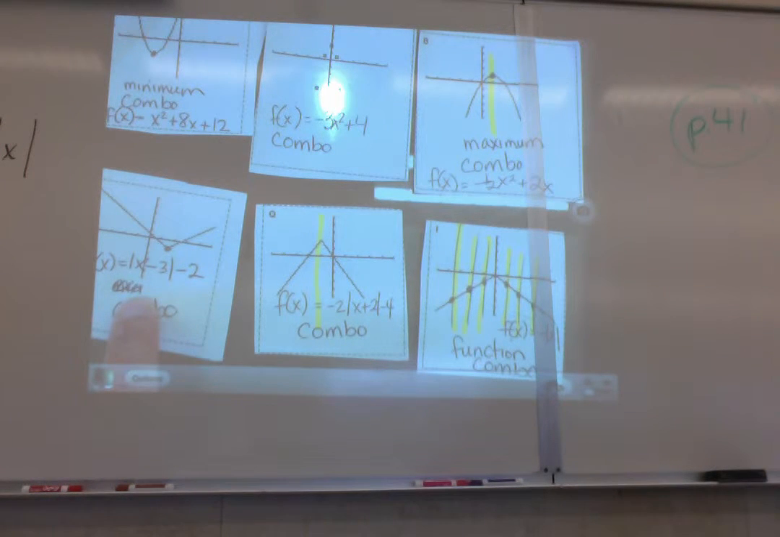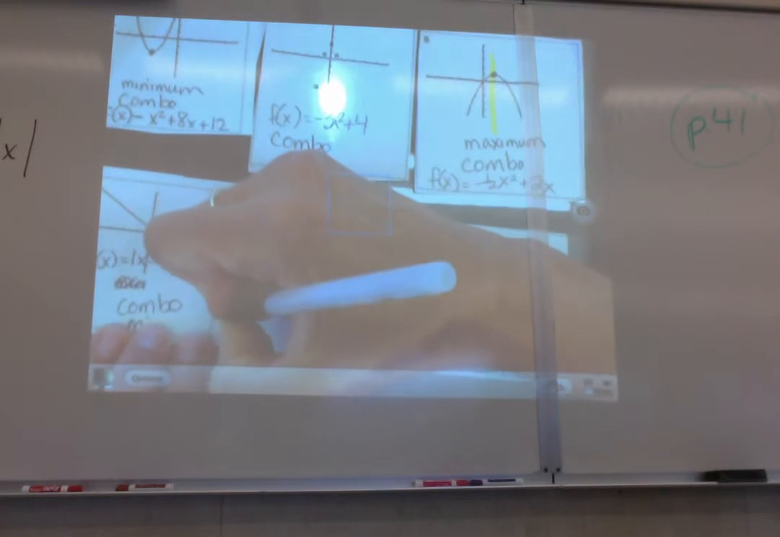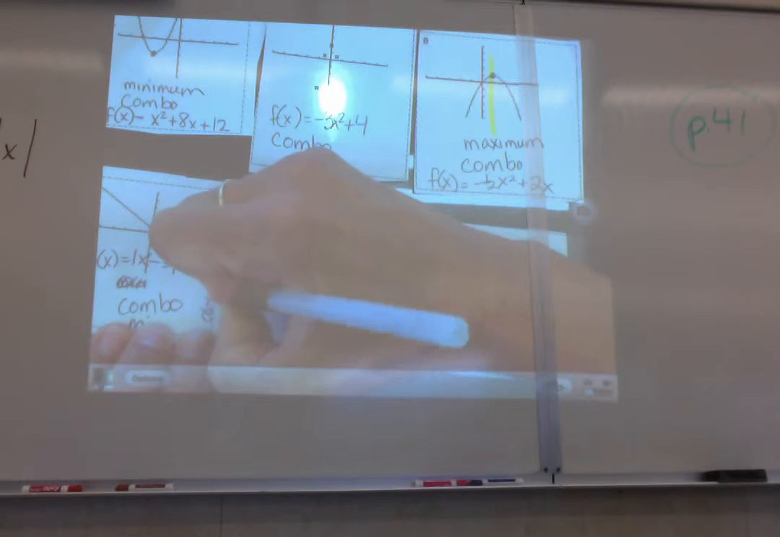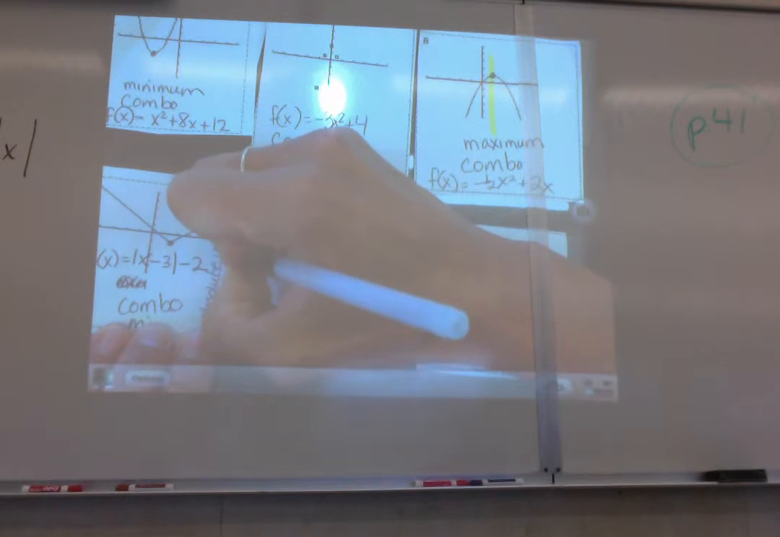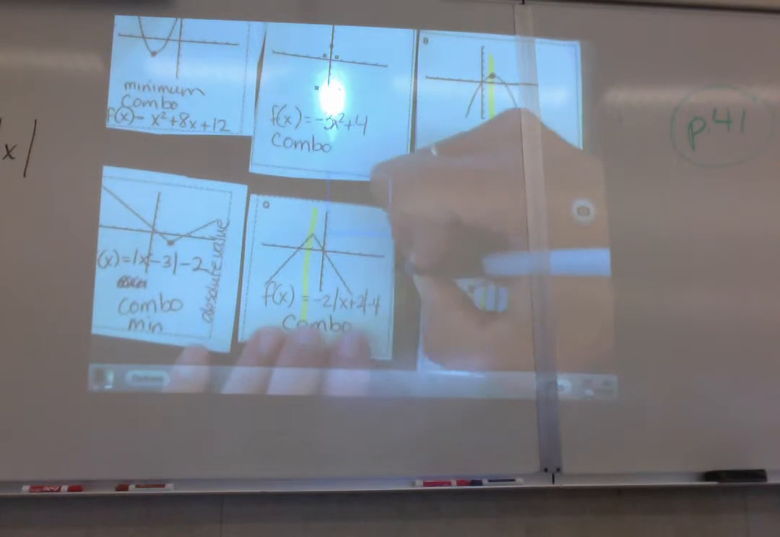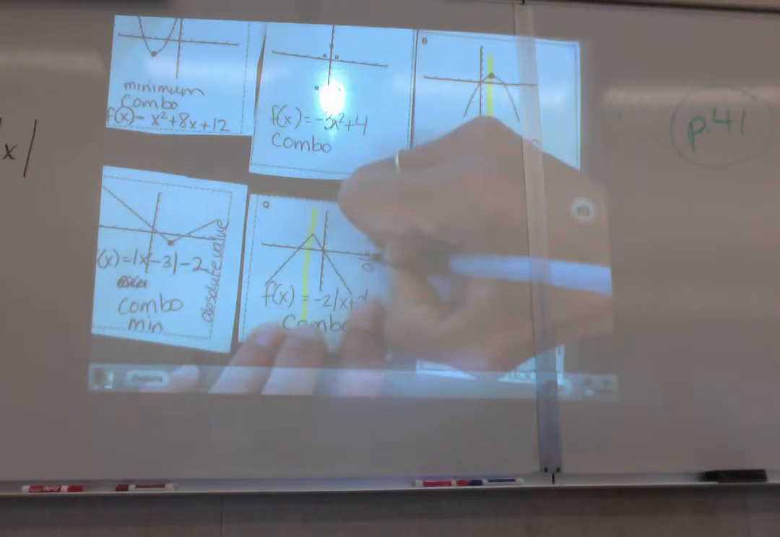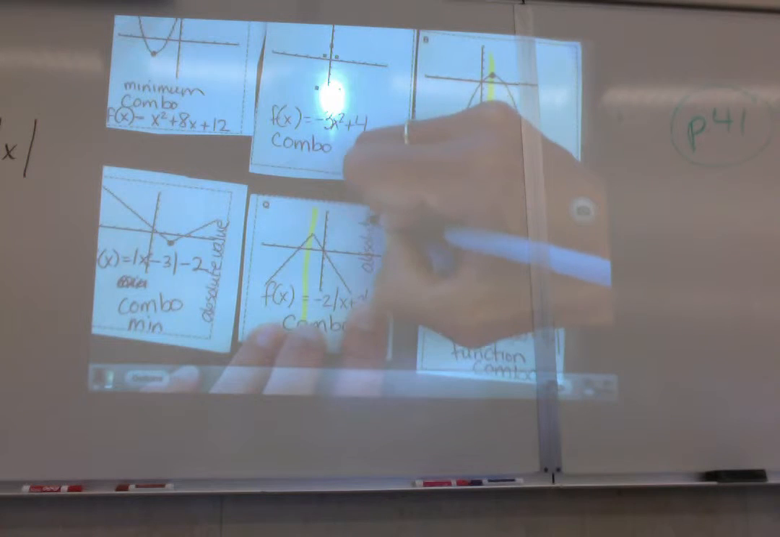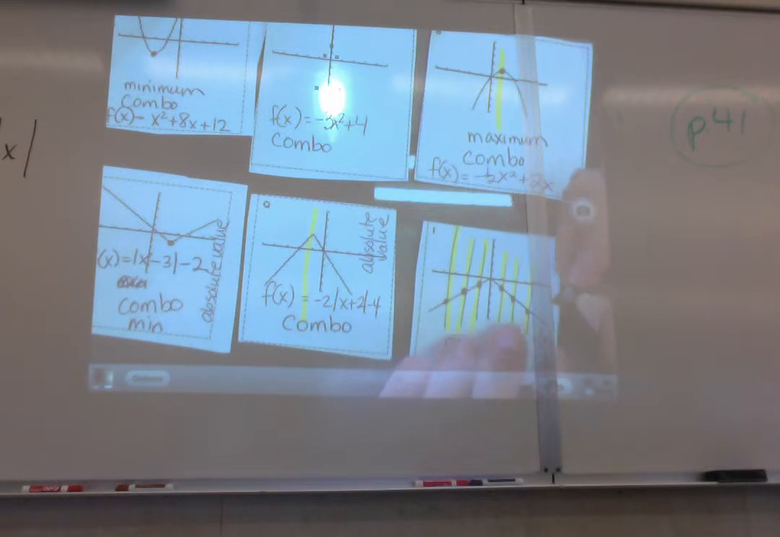Nice. Guess what? That's a family. Our theme for the week is families. These are part of the absolute value family. So on V, I'm going to write absolute value. On Q, I'm going to write absolute. And on I,